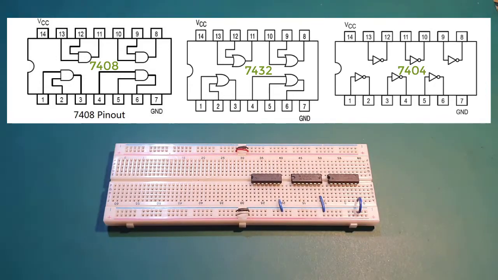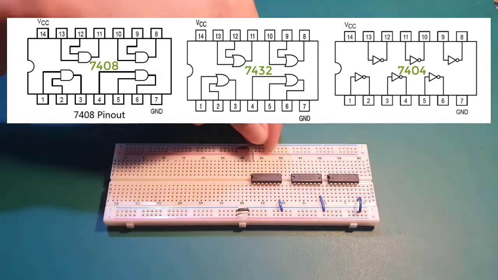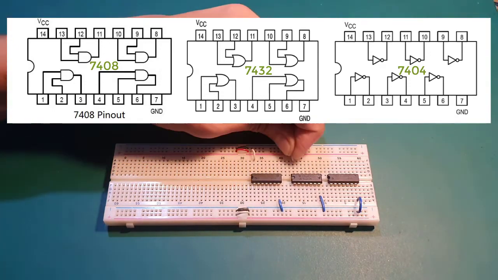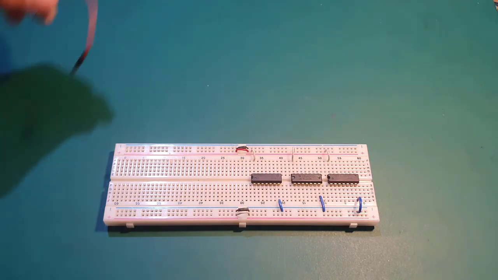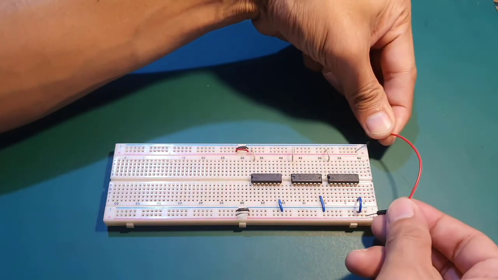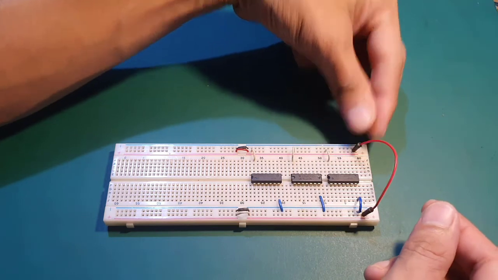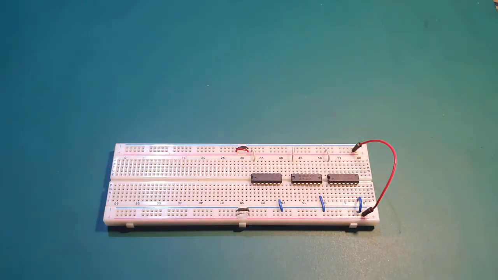Each IC needs a 5-volt source at pin 16 and a ground at pin 7 for it to operate. In digital electronic circuits, only 2 voltage levels or states are allowed. These states are generally referred to as logic 1 and logic 0, or high and low, or true or false, but technically, this terminology of logic 1 and logic 0 physically refers to the input and output voltage level the